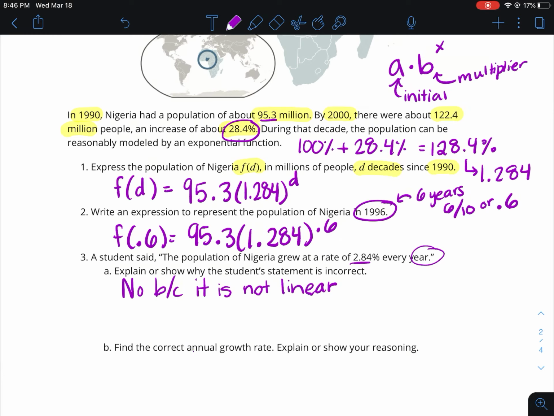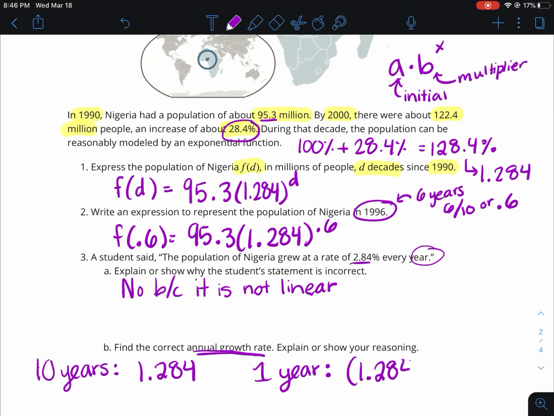So the actual annual growth rate, right? So we know that for 10 years, we're using 1.284. So for 1 year, it's going to be the 10th root of that, or it would be 1.284 to the power of 1 over 10, right? And then that, let's see, we're going to have to go to the calculator. It's going to be about,